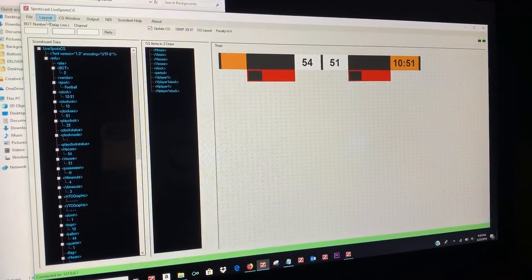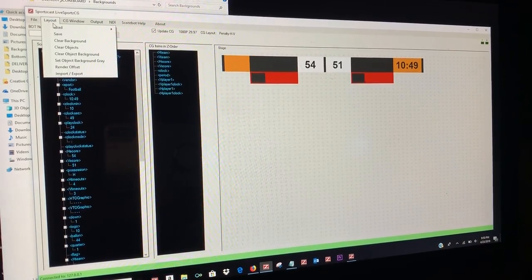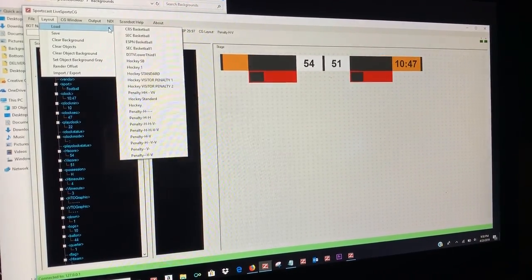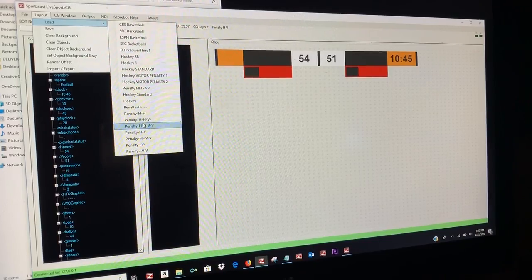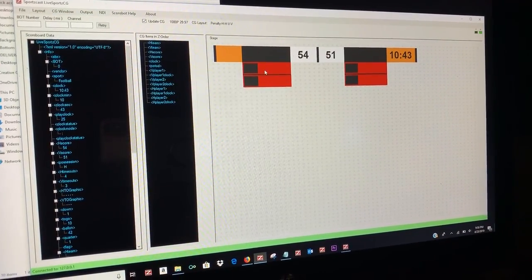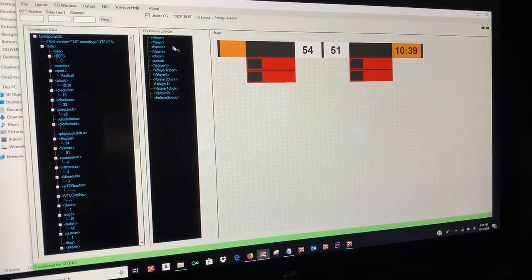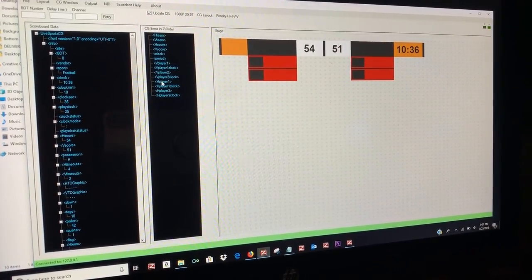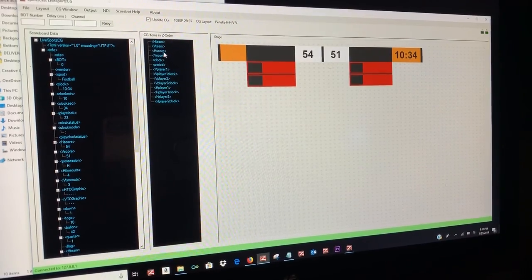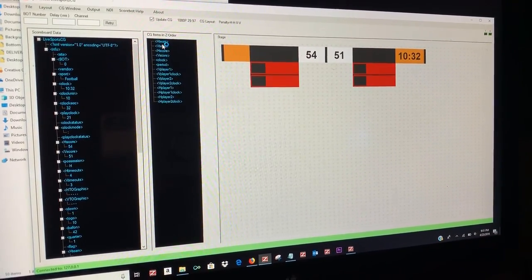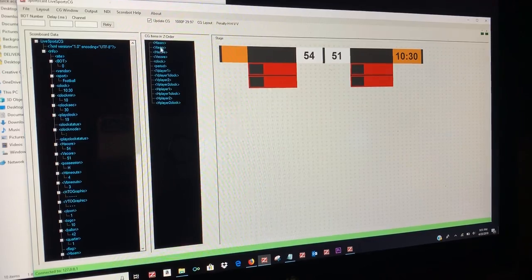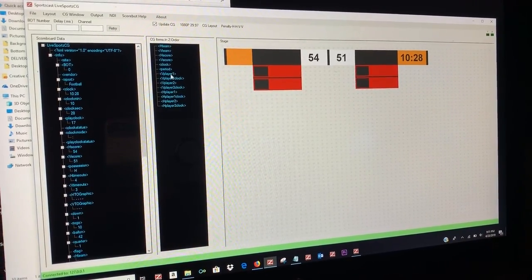Now, if you want to, I'll show you an example of how to edit any of these templates. So I'm going to go ahead and do this one, which is kind of the full two-player penalty for each side. You can see all the items which are actually there, even though some of them aren't showing up. It's because I'm not receiving any data from hockey scoreboard, so there's nothing that's popping in. Now I can edit